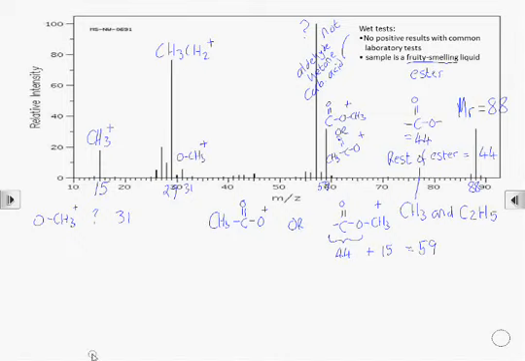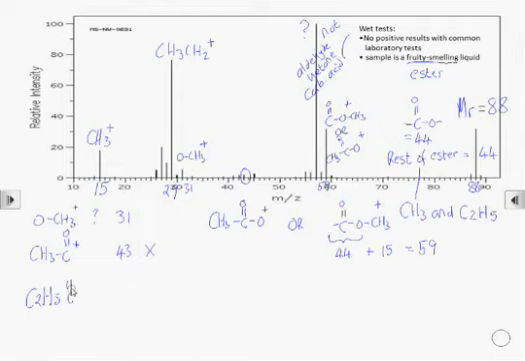We could also have a look at whether the methyl is connected to the carbon of the carbonyl group. That would come to 43. We really don't have much of a peak at 43, so it doesn't look like the methyl is connected to the carbonyl carbon. So let's try the ethyl group there,